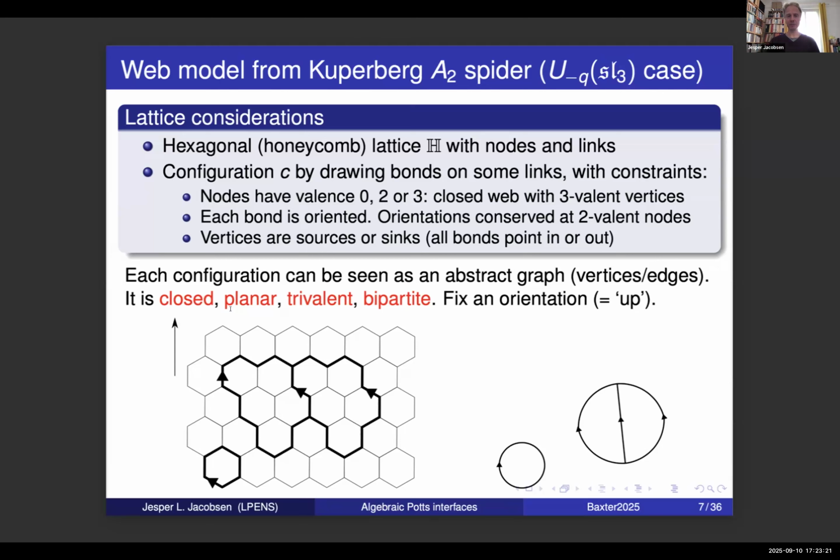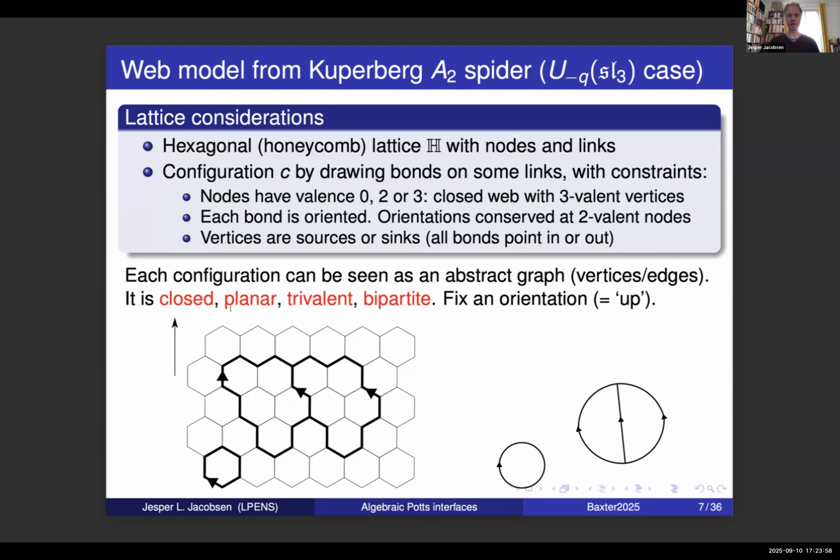In addition, I'm going to fix an orientation on my lattice, which is called up. That's designated by the arrow. And I'm interested in the projection of the arrows of the embedded configuration on that fixed orientation so that each edge can be said to point either up or down. I need this direction for 2 reasons. First, I want to construct a transfer matrix for the model, so I need some time direction. And the second reason is that there's also some algebraic reason around.